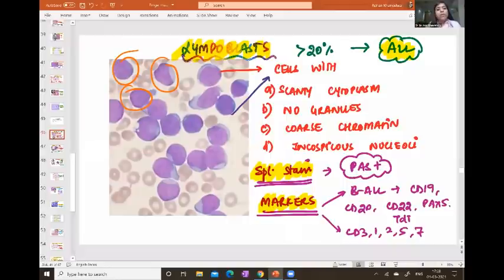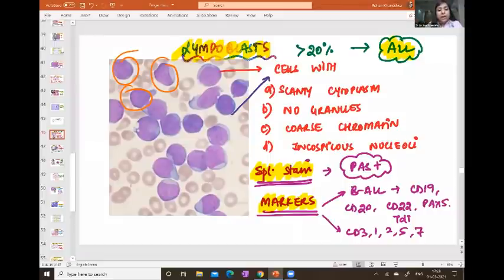You all know, if there are more than 20% lymphoblasts on the slide, I make a diagnosis that this patient has ALL. And if there are more than 20% myeloblasts, I make a diagnosis that this patient has AML, right? How will you differentiate? Remember, students, in FMG, last year, 2020, both in the June exam and in the December exam, there were questions on leukemias, on acute leukemias, AML and ALL. The clinical history was given, image was given, and they asked you the diagnosis, right? So please look at these slides carefully.